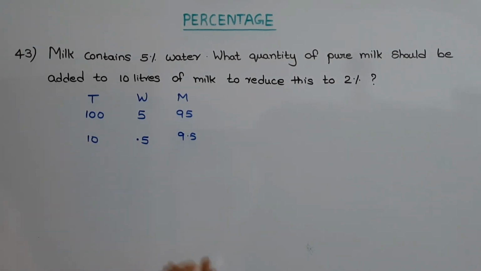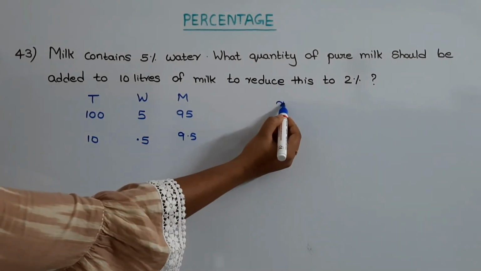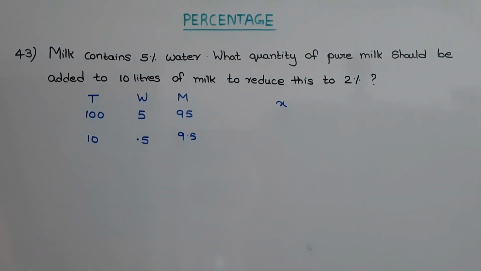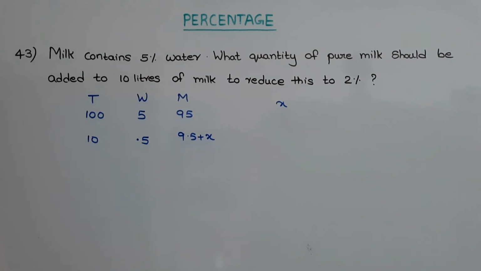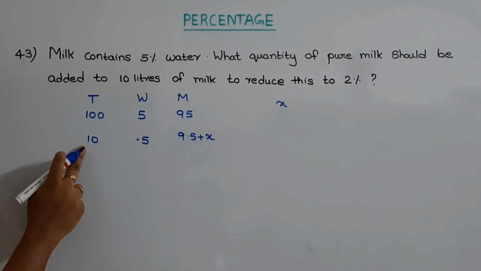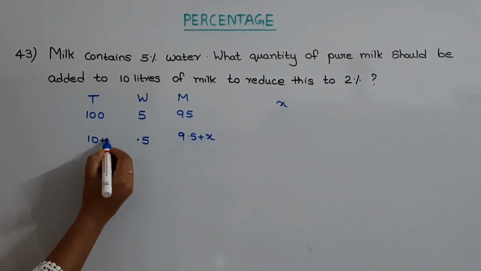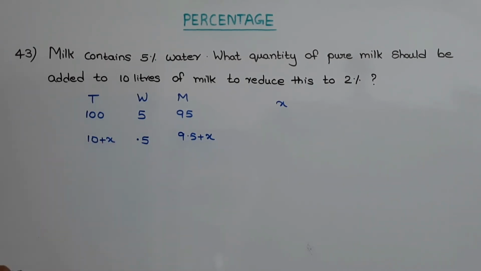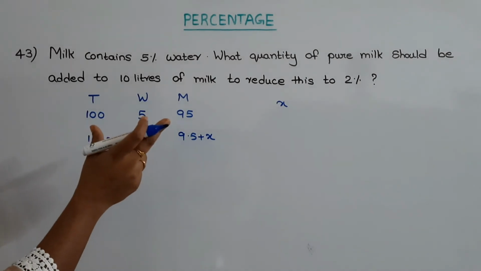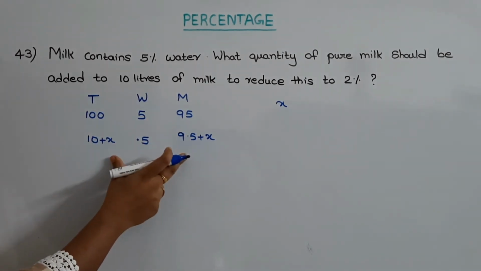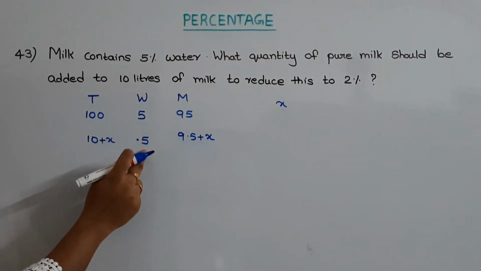So let us consider that X quantity of pure milk is added to the mixture. So this will become 9.5 plus X. The total quantity will also increase, so this will become 10 plus X. Now they are telling that when some quantity of milk is added to this mixture, the percentage of the water